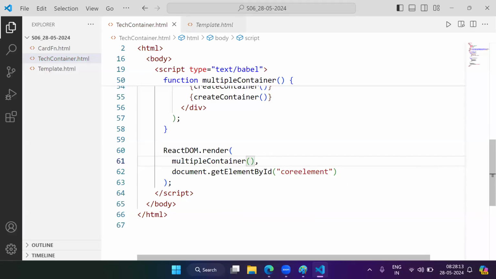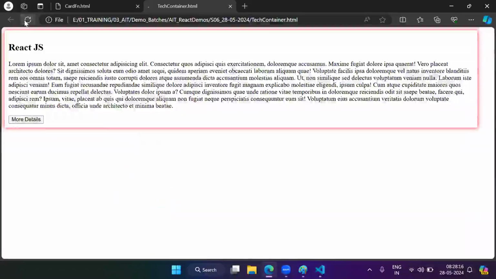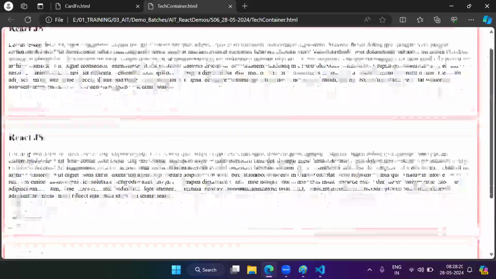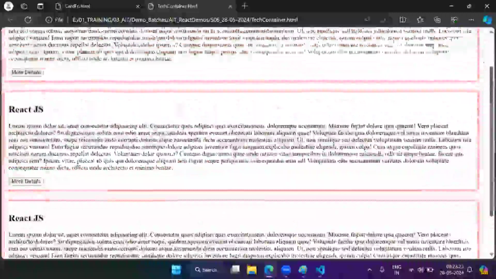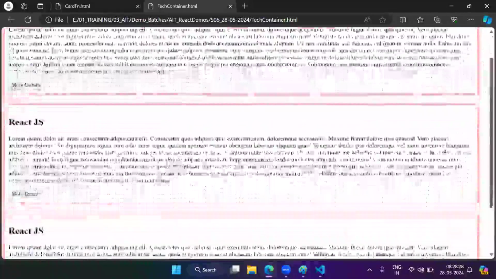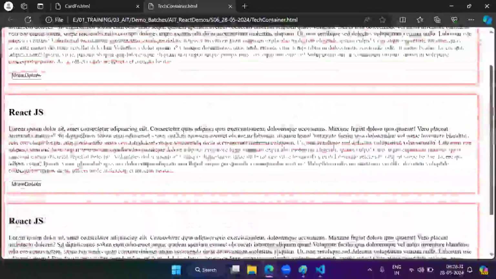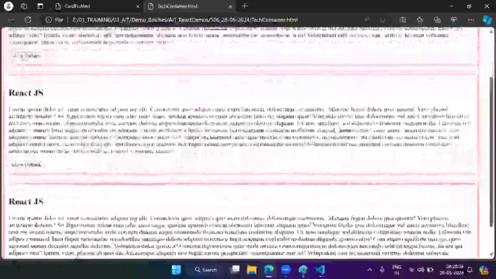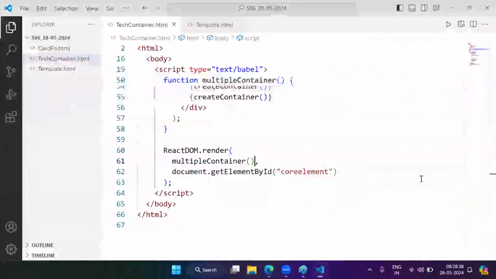Now, if you go back to your browser and refresh, you should be able to see these 3 containers. Here we got 3 containers: 1, 2, 3. But right now we are displaying the same data in all the containers. I want different data in different containers. So what we will do for that,